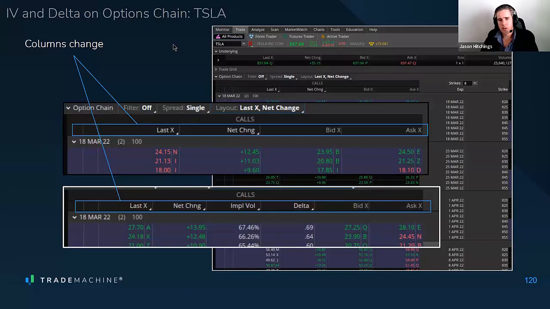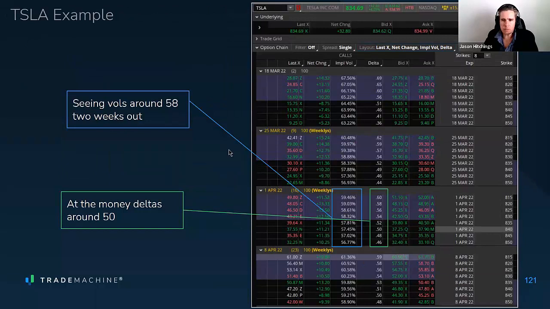So now if you click a day-trade type strategy and it says you need to trade the 40 delta, if you want to do the trade, then now you have a much easier way to figure out what that is. Okay, so now just looking at Tesla, we'll just look at the 1st of April